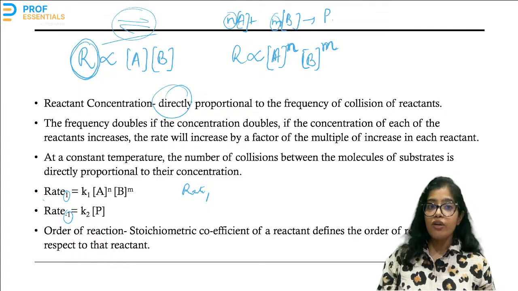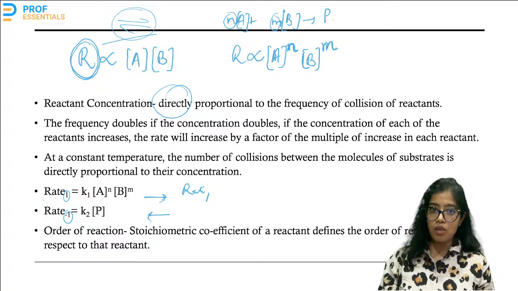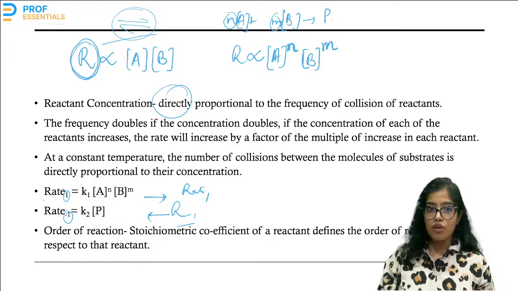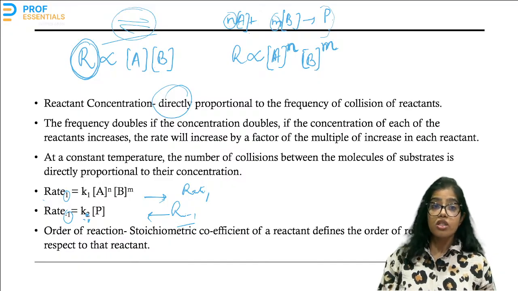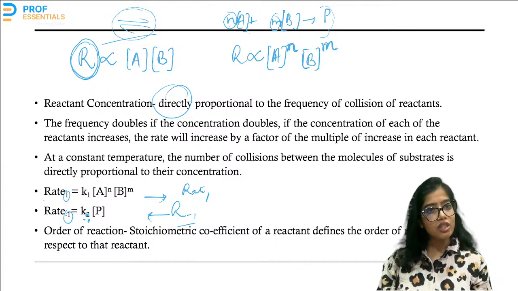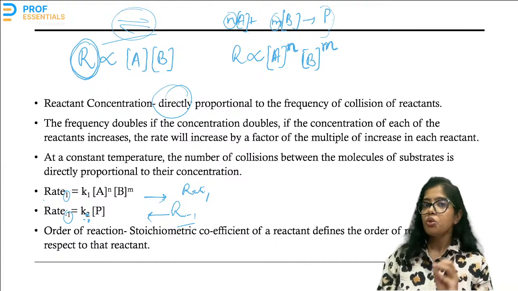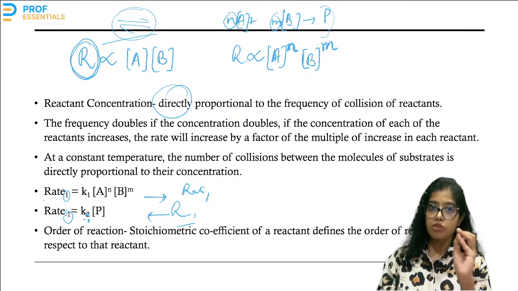Okay, so the rate of going in the right direction from the substrate to the product is R1, and the rate going backwards is rate -1. Understood? So of course, for this reaction, sorry, not 2, it is K -1. For this reaction, the substrate will definitely be the products, because it is converting from product to the reactant. That is why for this reaction, the rate is going to depend upon the concentration of the products. So for any reaction, the rate is directly proportional to the concentration of the substrates.